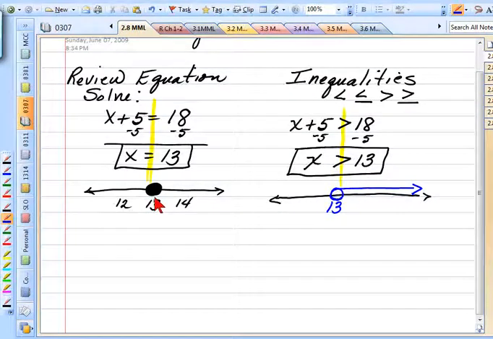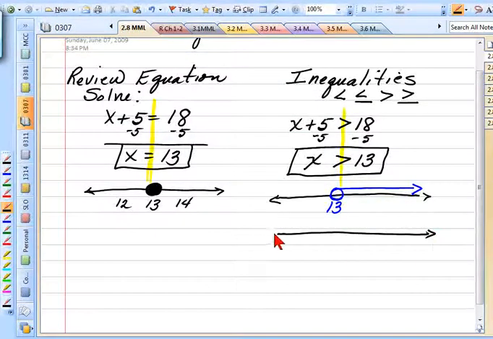But why didn't I put the dot like I did over here on the left side? It's not a single answer. In fact, 13 is not an answer at all. 13 is not bigger than 13. So I could indicate it by putting an open circle here or a hole here. I could. There is a more current